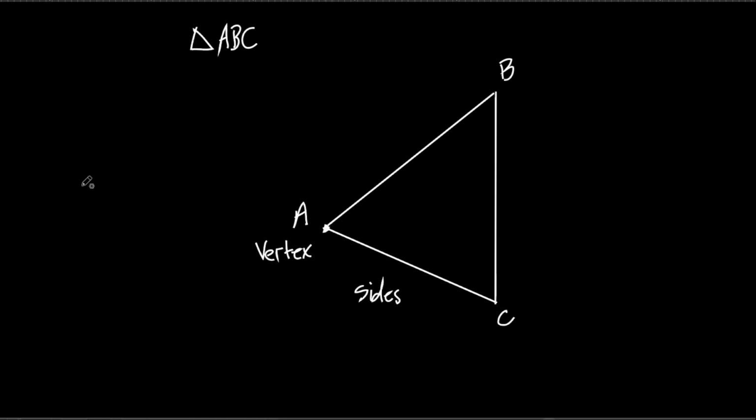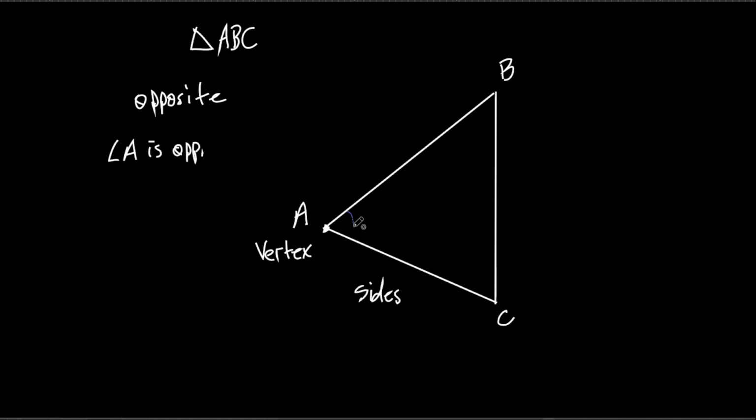Now, watch this. We're going to talk about this word opposite. This is important because you're going to see this in a lot of theorems and postulates. They're going to say the side that's opposite this angle, and you're going to see that quite a bit throughout the whole book. So we need to know what it means when I say opposite. If I said angle A is opposite, I'll shorthand it as OPP,